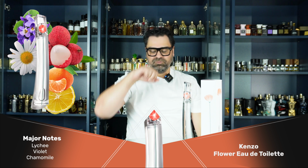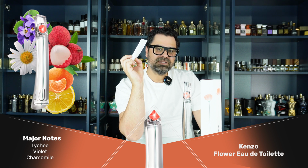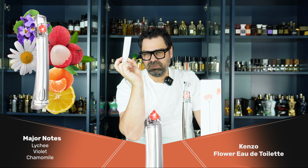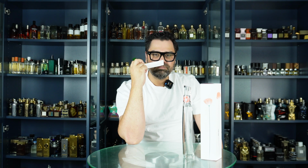Now, that might be incorrect. It's from Fragrantica, I believe. But I feel a little chamomile in here. And that's where it goes, like, this is Kenzo-like. This is whole zen-like, right? So there's a little bit of vanilla lurking through, a little bit of sweetness. And a little bit of rose. That's what I'm getting out of this, like a patchouli, no. Musky, I'm assuming because such a thin fragrance, you're going to get some white musk in the back end. I could probably guarantee that. Violet's your primary. Rose is there. Mimosa, I'm not getting much of that, honestly. Ginger,